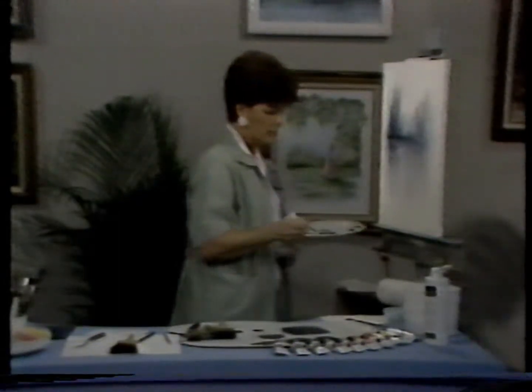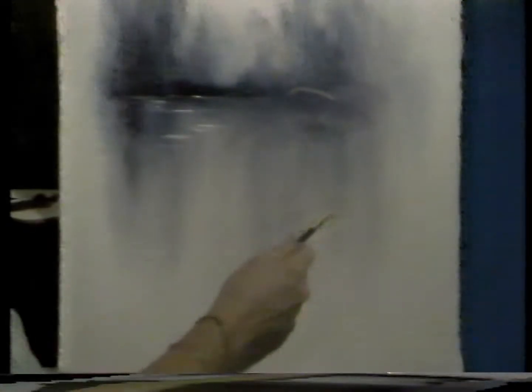Okay, let's go to the canvas. Now there is a piece of paper that goes over part of the pattern. I'm going to just outline it for you. It's no sense painting it because it's going to be removed, but that's the start of the trunk line that